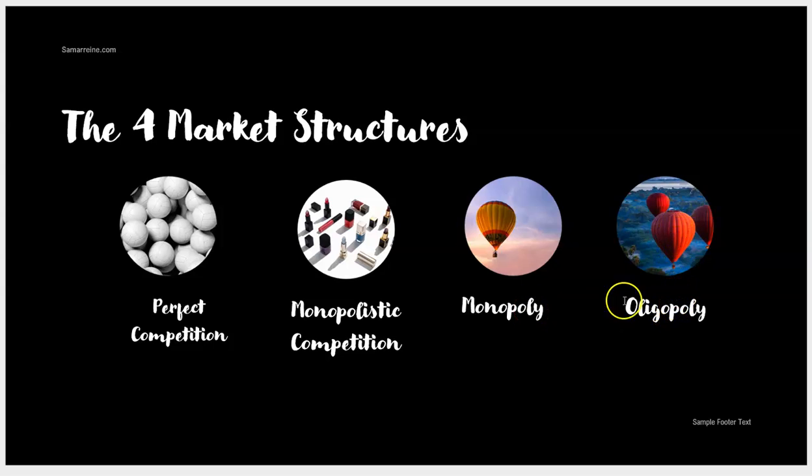Now we're going to get to each one of those. This is chapter 8 right here. This is chapter 9, monopoly. And then monopolistic competition and oligopoly are actually chapter 10, and we come back to them. But these are the four market structures. In this chapter, we're going to focus on perfect competition. So let's go to what perfect competition is.